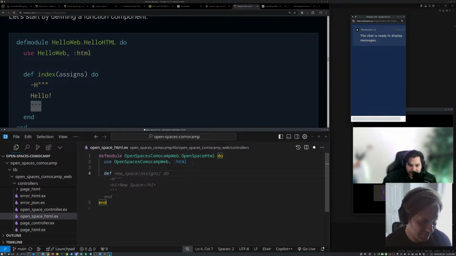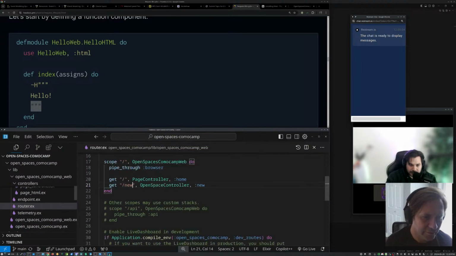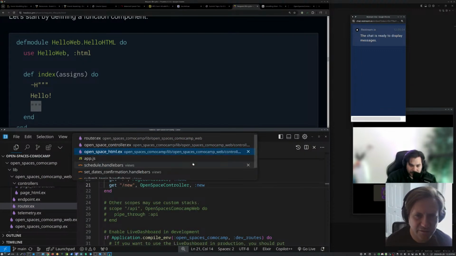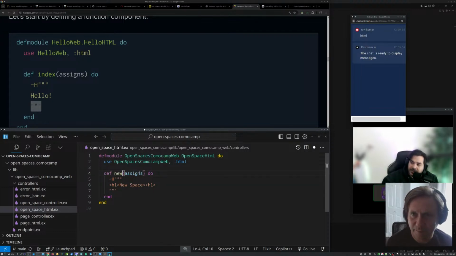Did I call the controller new? In the router, it's called new, so it shouldn't be new space. Should I have this just as new? The function here matches the render that you call in the controller.